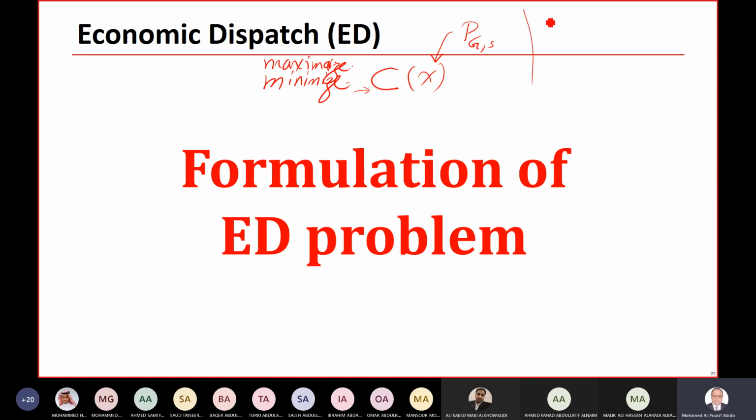But some objective functions you need to maximize. For example, if you need to check the reliability of the power system, in this case you need to maximize the reliability. Okay. Other objectives can also be defined that need to be maximized. And typically we have minimize cost, subject to